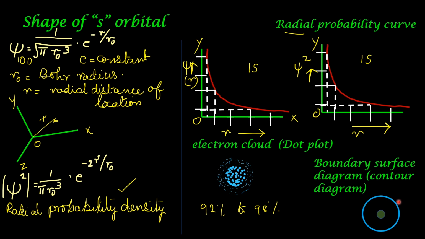So we have discussed the variation of wave function with reference to distance and also the variation of radial probability density with reference to distance. We have also seen the shape of 1s orbital and we take it as spherical. Now we will pass on to the shape of 2s orbital and the two different graphs with reference to the 2s orbital. After that, we will discuss the criteria on which we take the s orbital as spherical.